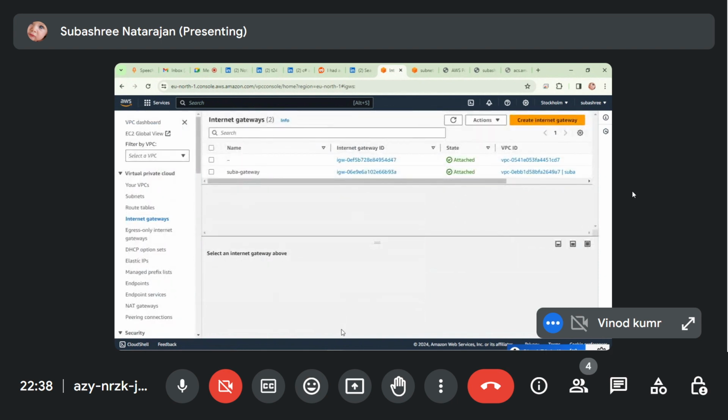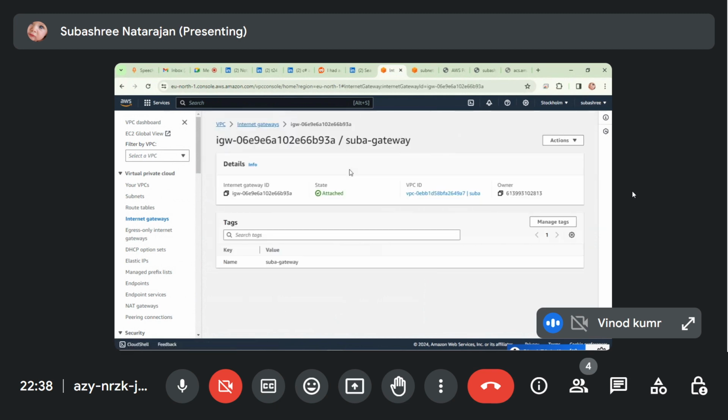VPC also. Actions also fine. And click that internet gateway ID. We'll see the details. Manage tag, gateway. Click on actions now. Detach from VPC now.